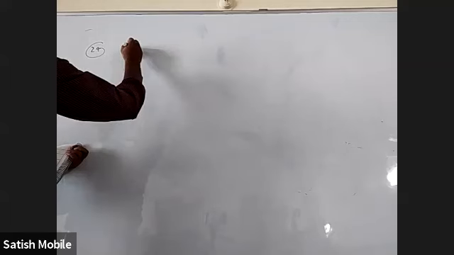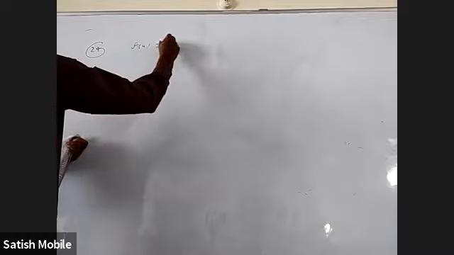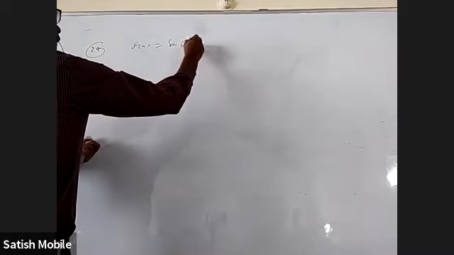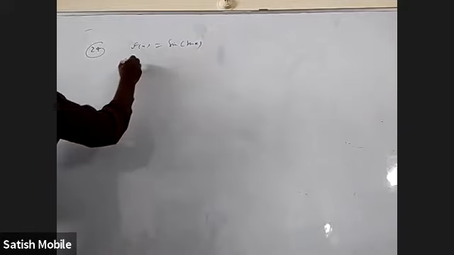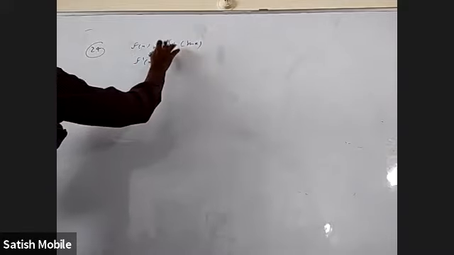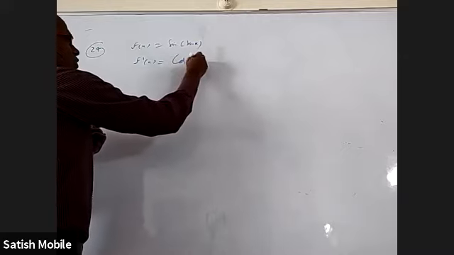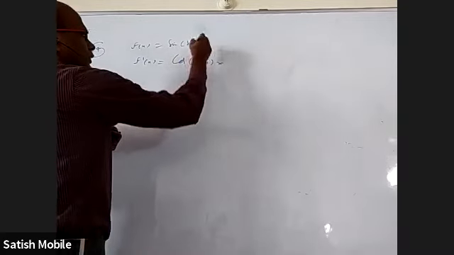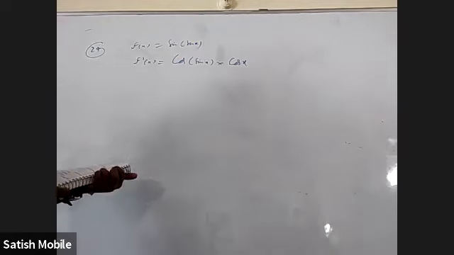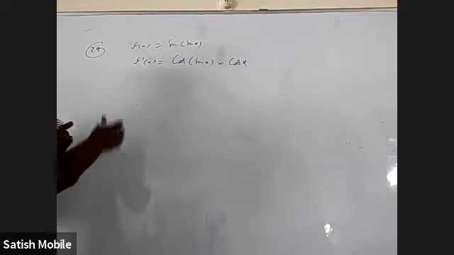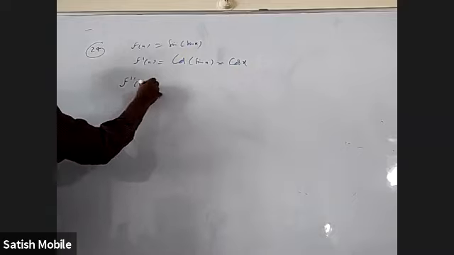They gave f of x is equal to sine of sine x, and they want us to prove something. So let us simply find f dash x, f double dash x and all. f dash x: the derivative of sine of sine x is cos of sine x into the derivative of the inner part, sine x, which is cos x. This is simply f dash x. They want us to find f double dash x.